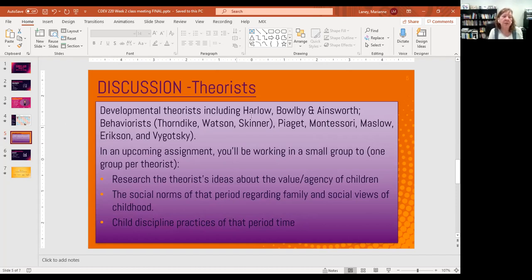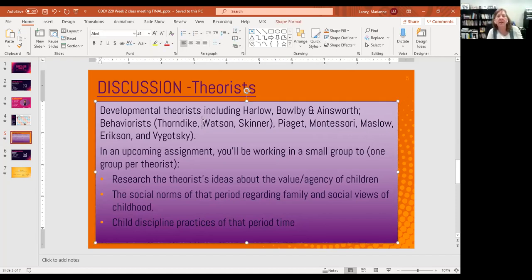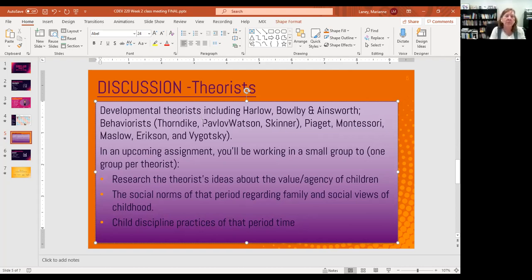The behaviorists like Thorndike and Watson and Skinner, and I should have put Pavlov in there as well, but I can add that, absolutely. In terms of, do you reward before to incentivize, do you reward afterwards to get them to repeat? These behaviorists had an influence in how we learn. We still do that in schools.